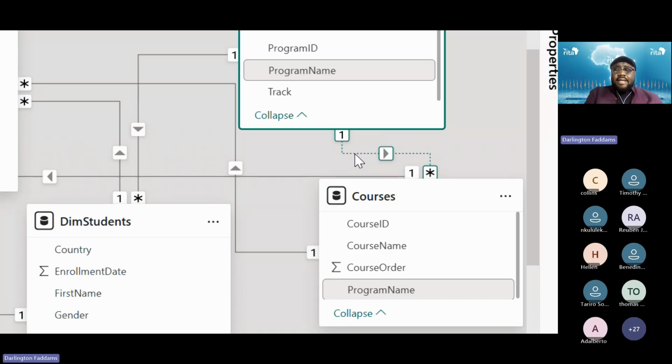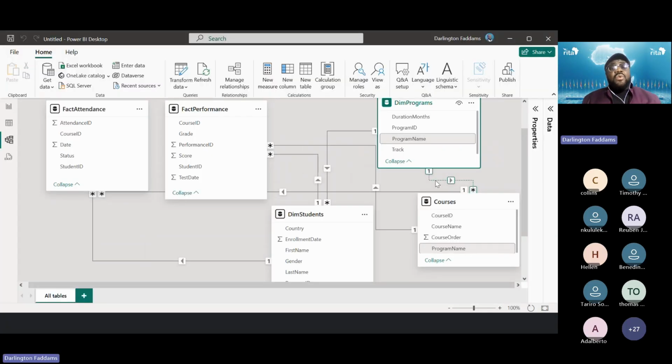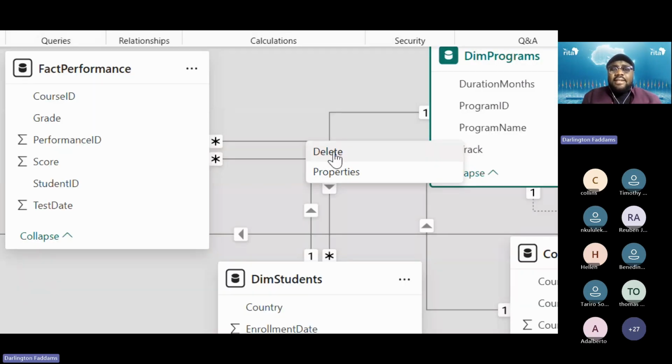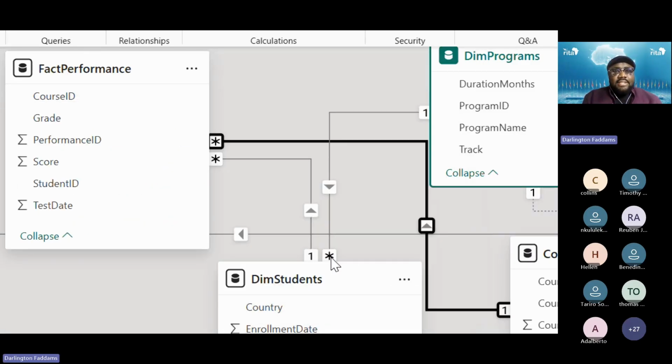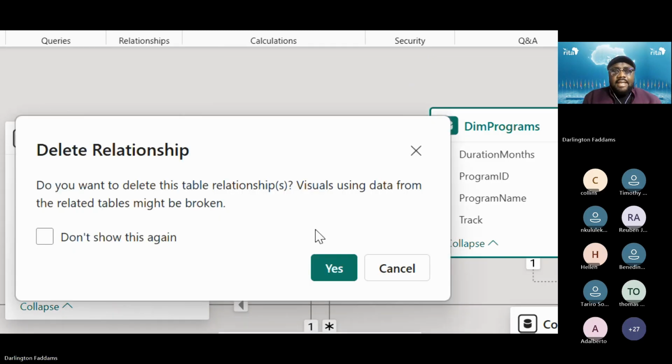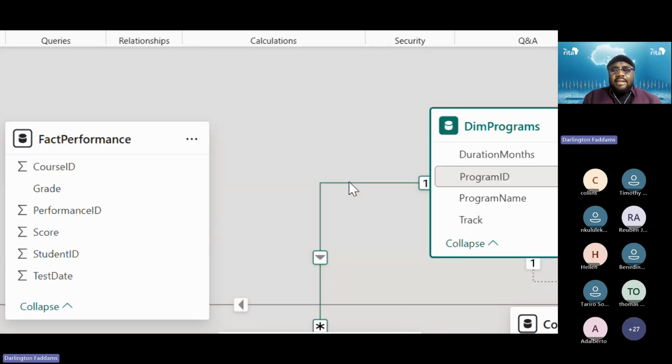All right. Now, we will also create this relationship like this to also explain relationships. For now, we are going to maintain this. All right. So please, if you can hear me, I want you to manually delete all the relationships. Right click on the relationship lines. Are you sure you want to delete? Yes. Delete all the relationships and let's learn about data modeling